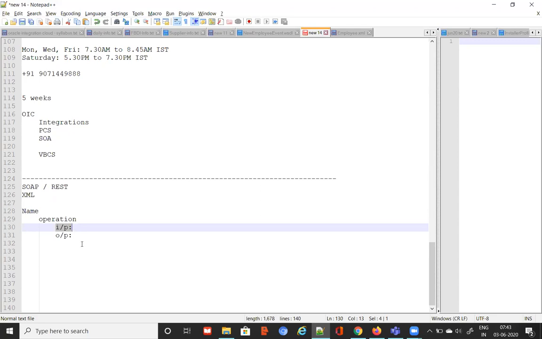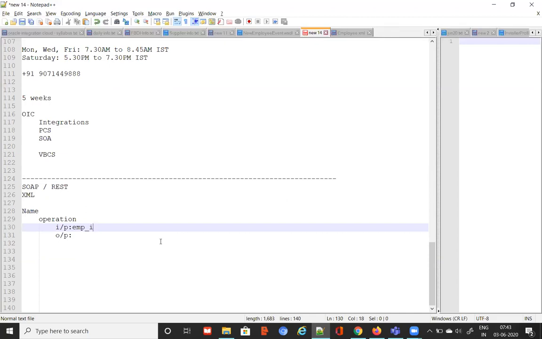Okay. Now, since we are saying everything has to be XML, right? A web service operation can only accept XML. It can only return XML. So it means you have to mention here, if I'm receiving, for example, an employee ID, my web service cannot say employee ID is a number like that.